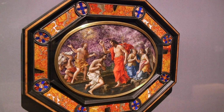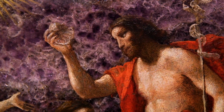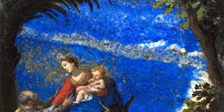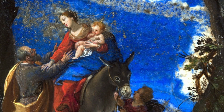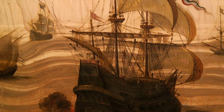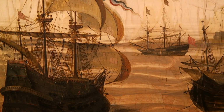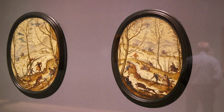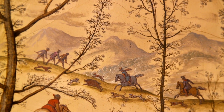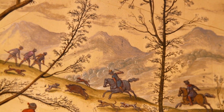But starting in the later part of the 16th century, artists began to integrate the visual qualities of the stone into the paintings they were making. A piece of lapis lazuli, a blue stone, they would use for sky or to make a rich blue robe. They also had types of stones that had various lines in them, and they could make those the lines of water, or they could make them landscapes, or they could make them trees or tree branches. So it became a visual thing to integrate the natural formations and colorations on the stone into the final painted